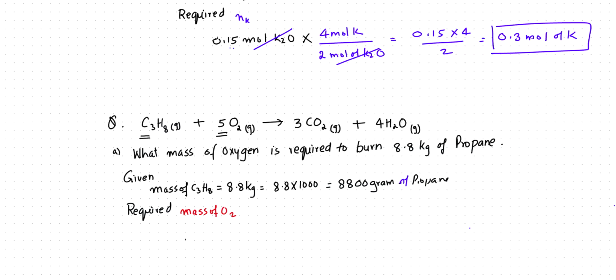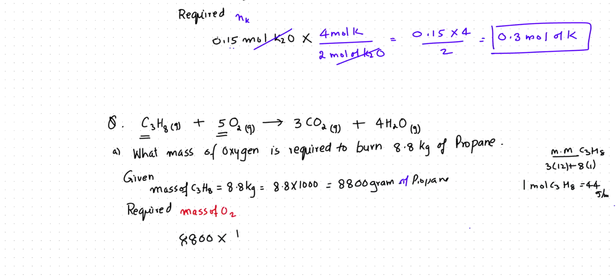8,800 times 1 mole of propane. Molar mass is carbon 44 if you calculate. Molar mass of 3 carbons, so 3 times 12 plus 8 times 1. So this is the molar mass of C3H8. There are 3 carbons and 8 hydrogens. Each carbon is 12. So 3 times 12 plus 8 times 1, it comes to 44 grams per mole. So now we write 1 mole, this is grams.